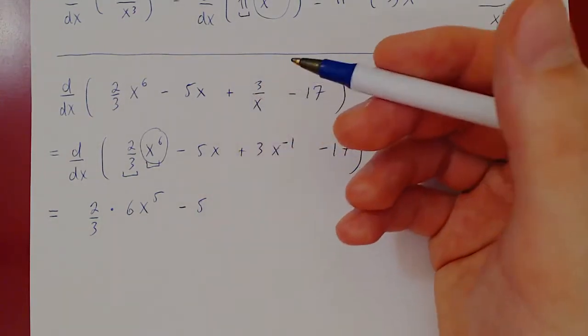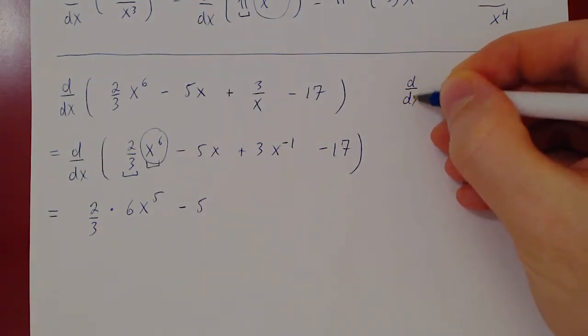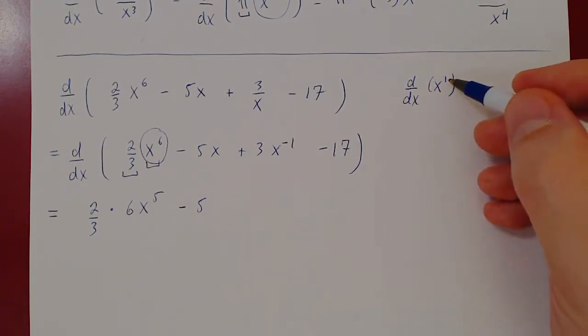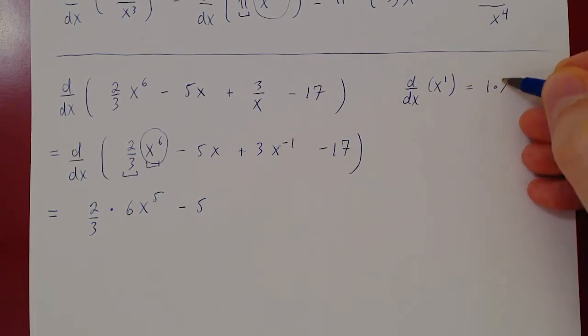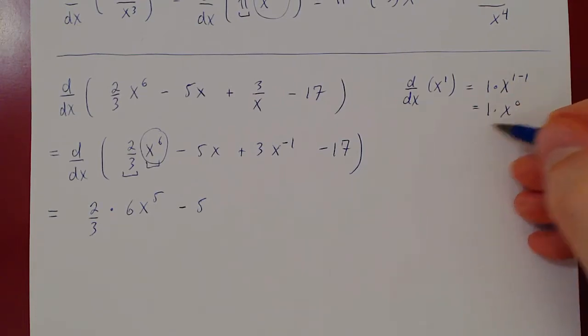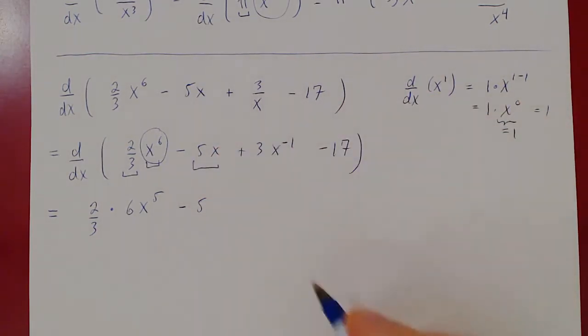This is, if you think of it, you can think of it in two ways. If you think of the power rule, d over dx of x is x to the 1. Well, you bring the power down, so you bring 1 down times x to the 1 minus 1, but that's just 1 times x to the 0, and x to the 0 is equal to 1. So all you have is 1 times 1, which is 1. Or you can think of it even in simpler terms. y equals x is the line y equals x, so it has a slope of 1. So the derivative of x is just 1. That takes care of the second term, plus